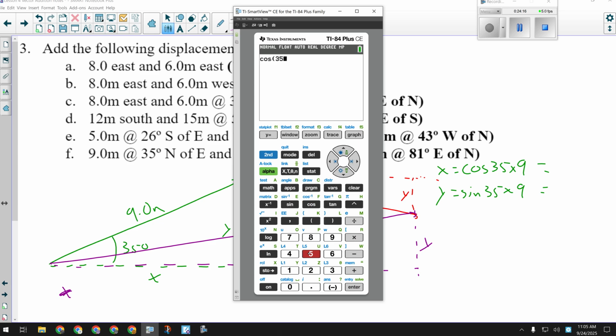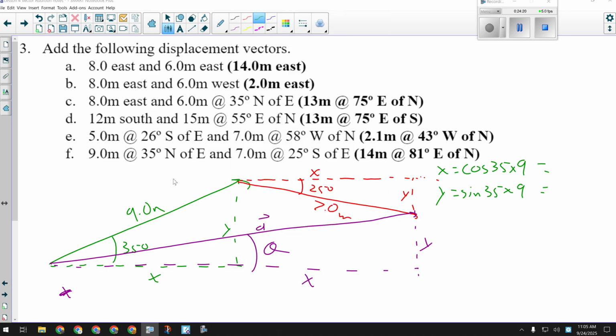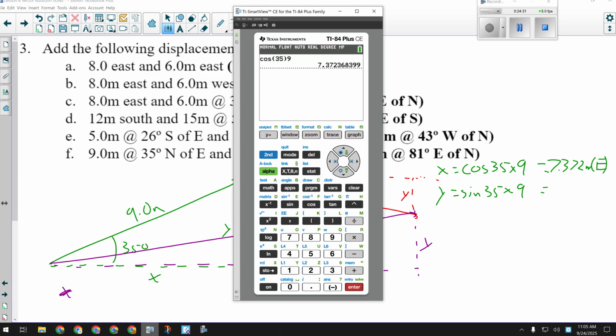Cos 35 times 9, okay, 7.372 meters east. Okay, and then for Y, sine of 35 times 9, okay, looking at 5.162